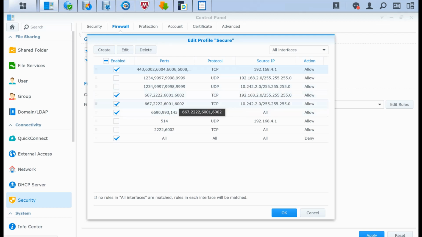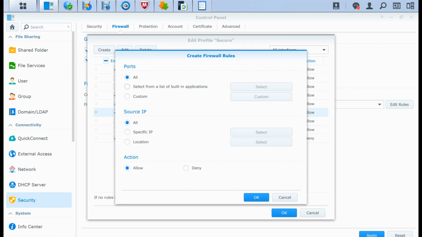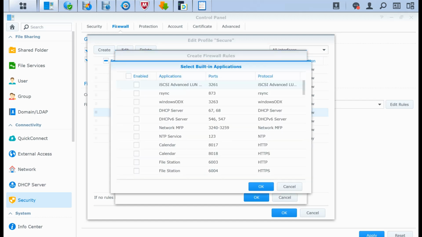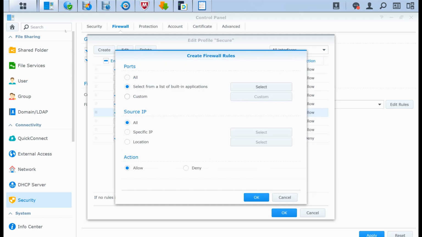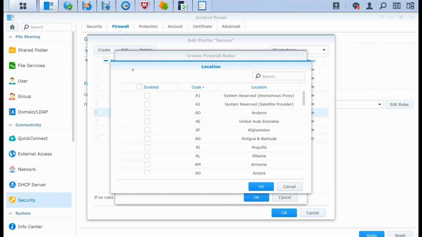Those other rules are for other special services, and also for this one for IMAP, POP3 and everything. That's a bit different. I'm not going to enter into the details here. So you can create a rule. You can select from either all ports or from a built-in application if you want. So there is a lot of stuff here. There is also a custom list, which I usually use. And from the source IP, you have all, specific IP, and location. So location, here you can select the country if you would like to